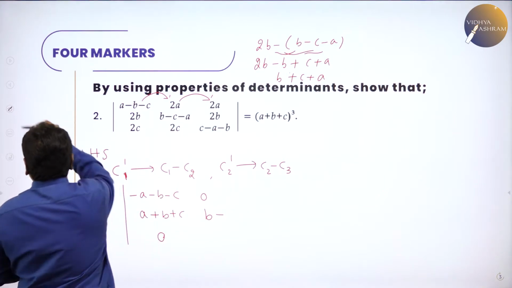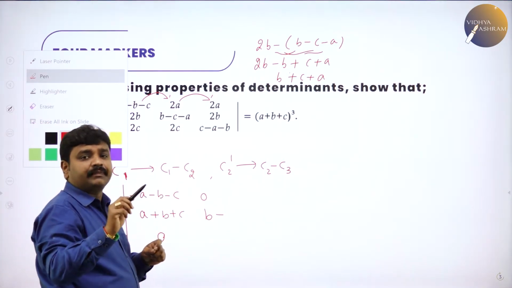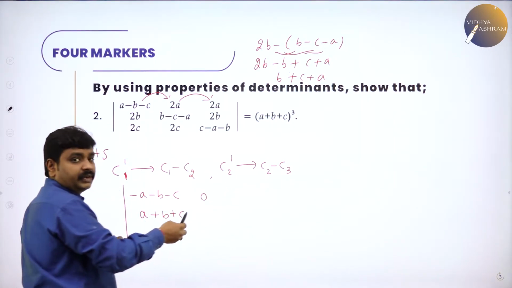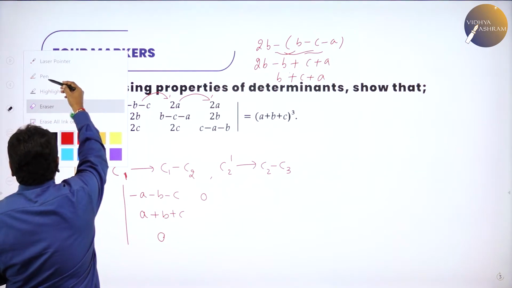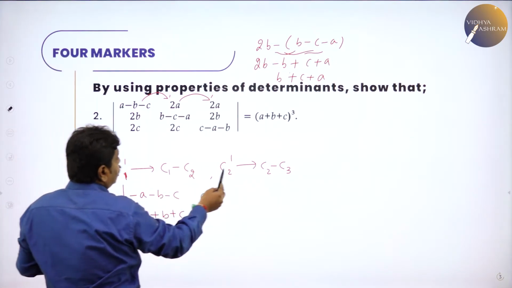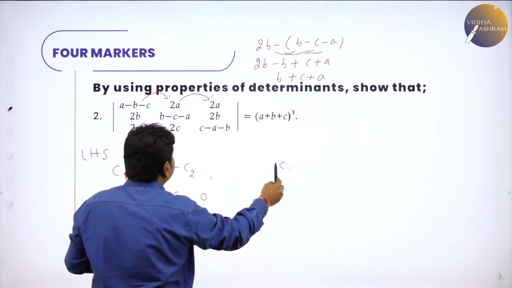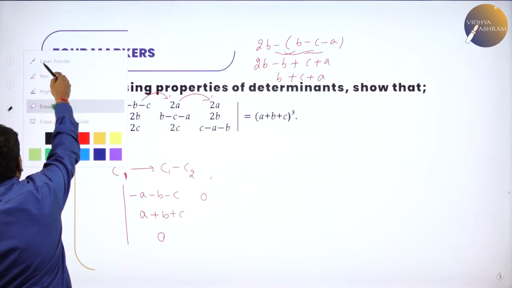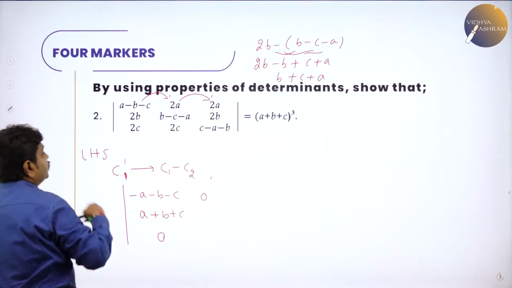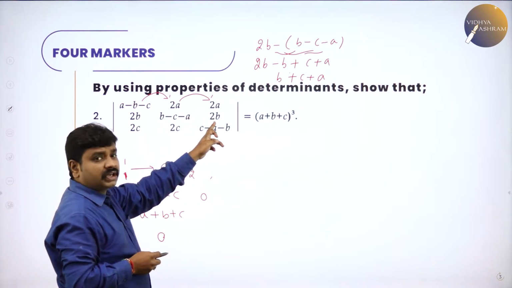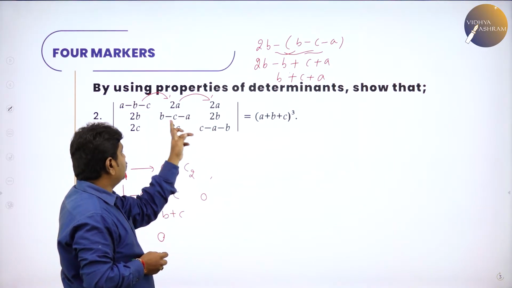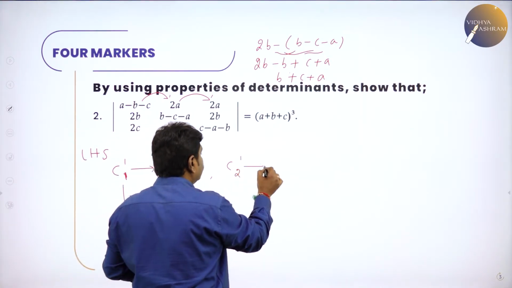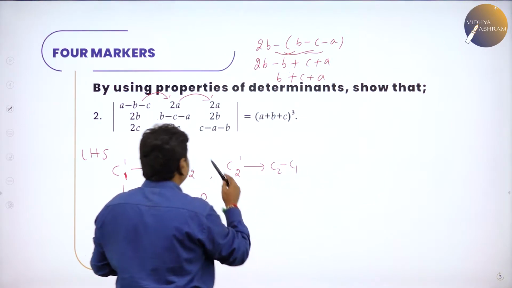So we'll do one interesting fact. See, first I tried with the common thing. Now a little change. So the change is decided depending on what we got here. So what is the change? Simple. You can also perform it. So now I'll do the reverse of this, because if I do the reverse, I'll get a favorable result, that is a plus b plus c is possible. So now always we have to take the decision depending on RHS. So now what does b minus b become? b minus 2b is what? b minus 2b is minus b, okay. So C2 dash is C2 minus C1, that's what we have done. So do the same operation.